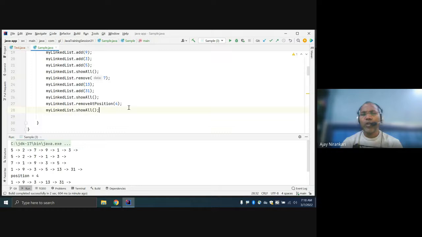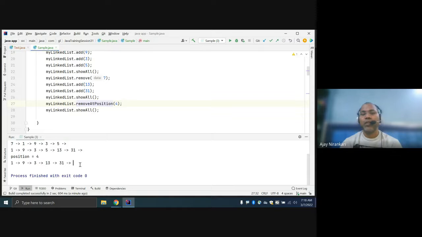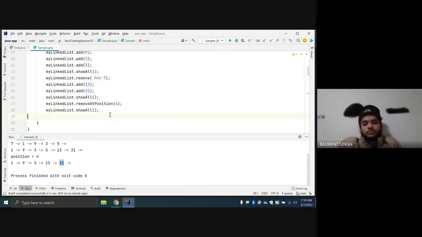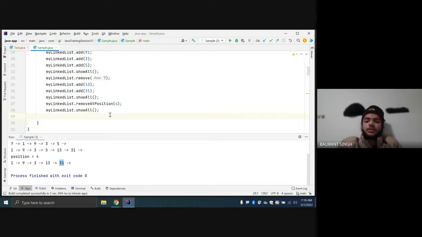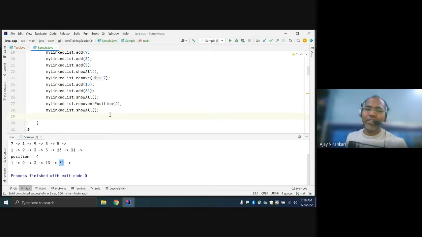And one more operation: you will try to sort your linked list, or search whether any data exists or not. You write two methods, right? Searching whether any element exists in the linked list or not, that is one search method. And for sorting, we can use bubble sort. It is the simple and easiest way, right?